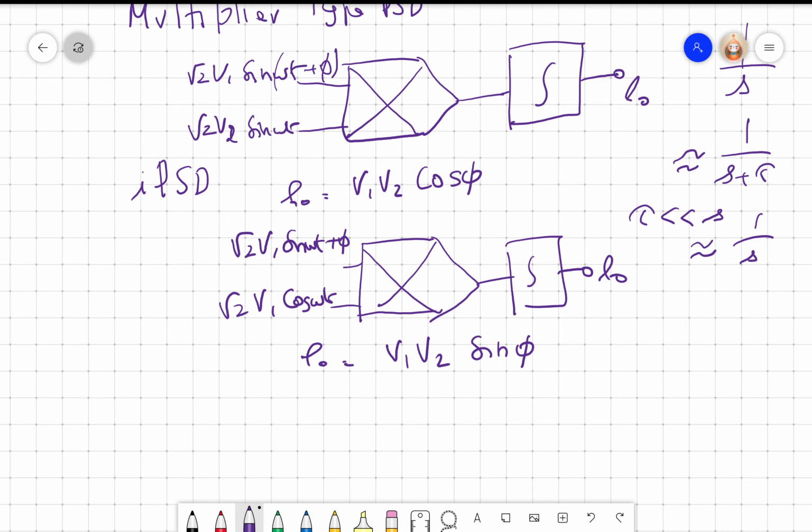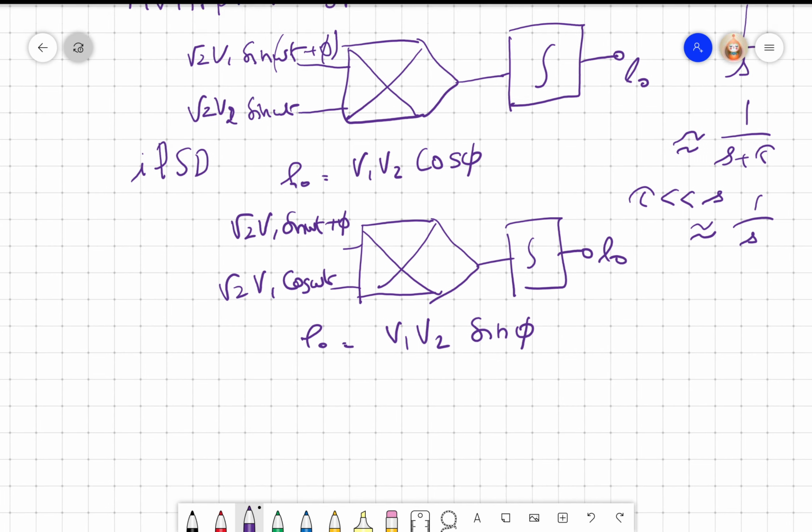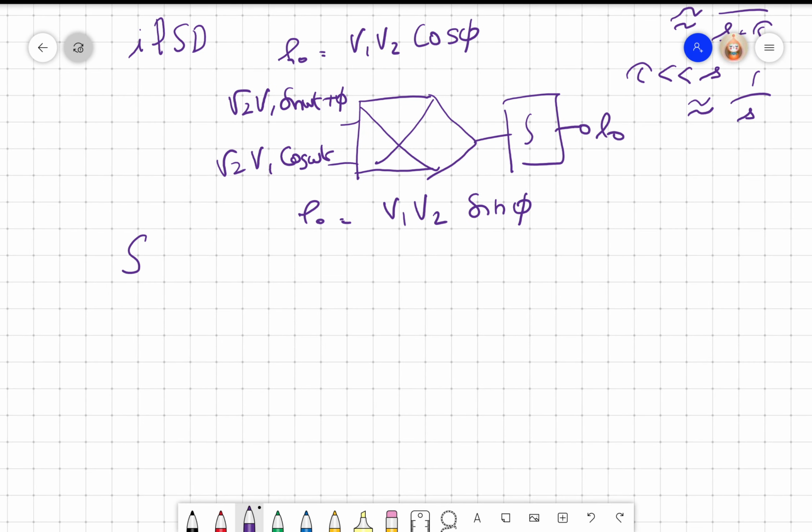Because the output is sensitive to the phase angle between the two inputs, these are called phase sensitive detectors. They are also sometimes called synchronous detectors or synchronous demodulators, because I am detecting an output in synchronous with the second input. The multiplier type PSDs are not very popular, mainly because analog multipliers are complex circuits and they don't give you very good performance. On the other hand, the second type of PSD is known as